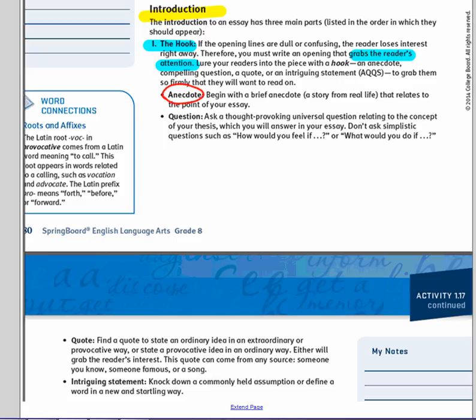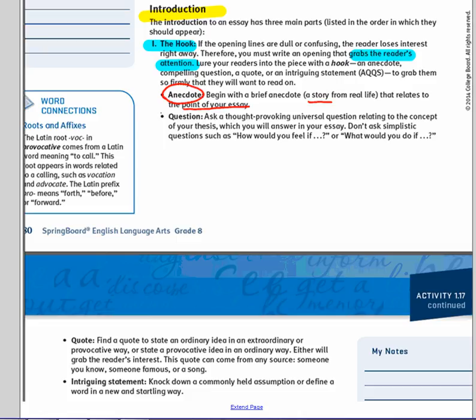first type that you can make is something called the anecdote. And the anecdote is a story that's talking about the point of your essay. So we're going to be writing an essay about the definition of heroism. Well, that means the story that you're thinking of from real life, well, it better be about a hero. So maybe a time when you were a hero, or a time when you saw someone complete a heroic act. Okay, that's the first type of hook.